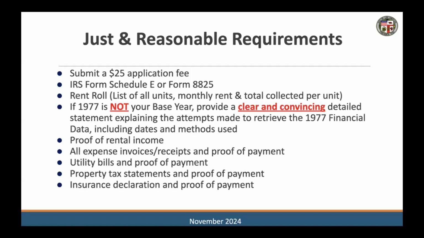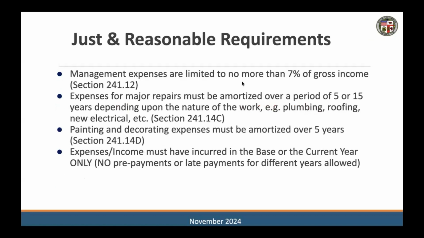Here, what do you guys mean by 1977? You'll have to find financial data from 1977, and if you cannot, then you'll have to go on to the next year that you could find. You're talking about profit and loss statement from